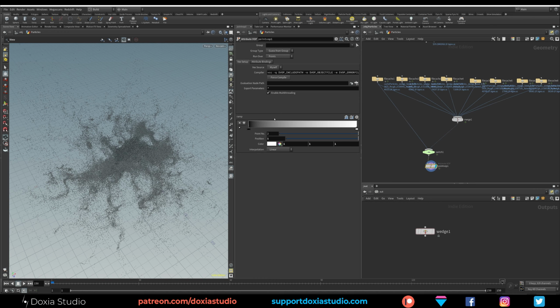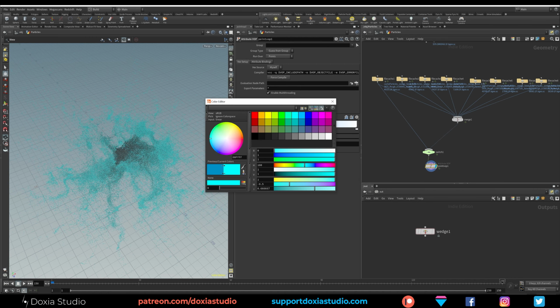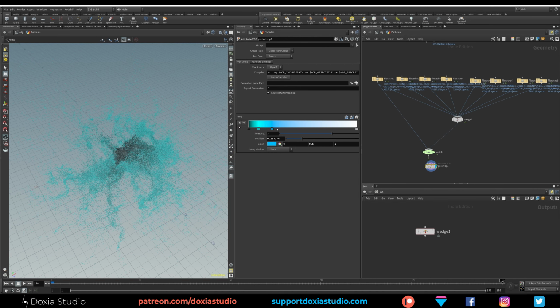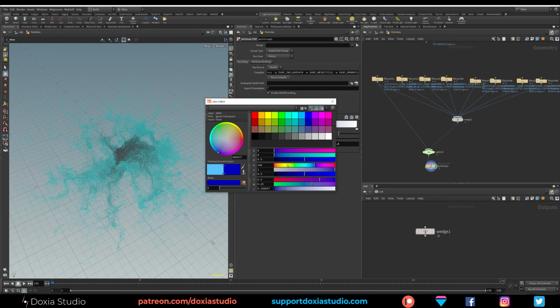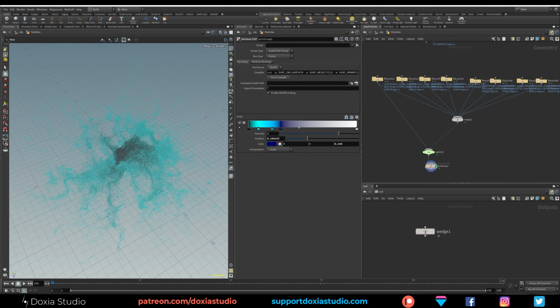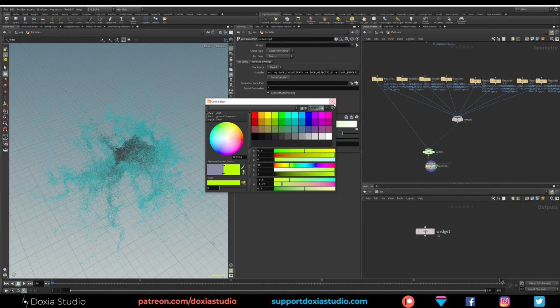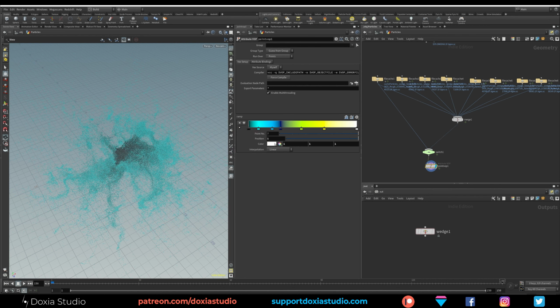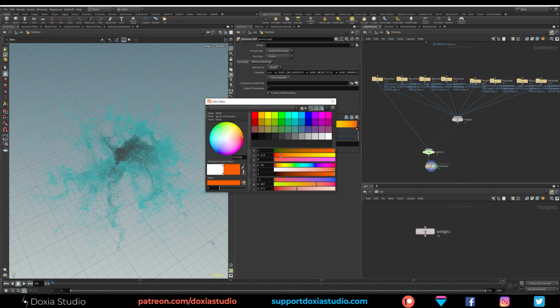This way we can play and add new colors. Let's go add quickly a few colors. This one is going to be a darker one. Okay, let's go like this. Then I want to go to a little bit of green, then yellow. Now let's go to a darker one, something like that.